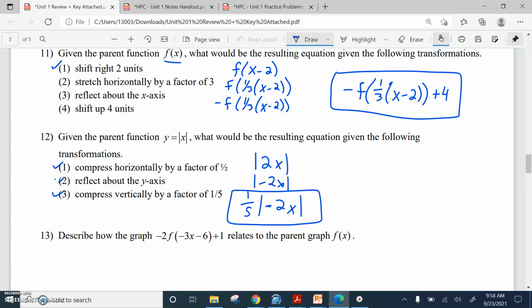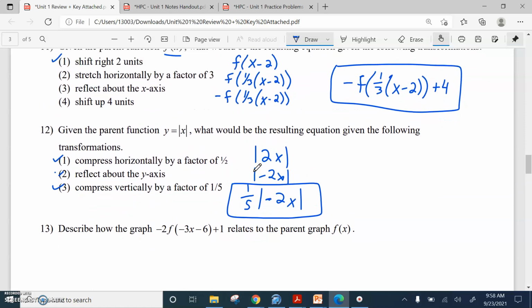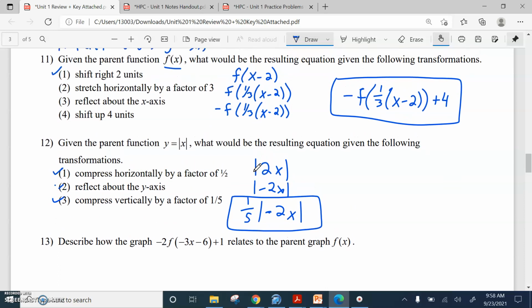That was only 3 minutes. Let's keep rolling. If you have any questions on that, let me know, but they're pretty straightforward, like I said, especially if you write down each step independently. If you're given an actual function like this one's the absolute value of x, you could, if you want, you